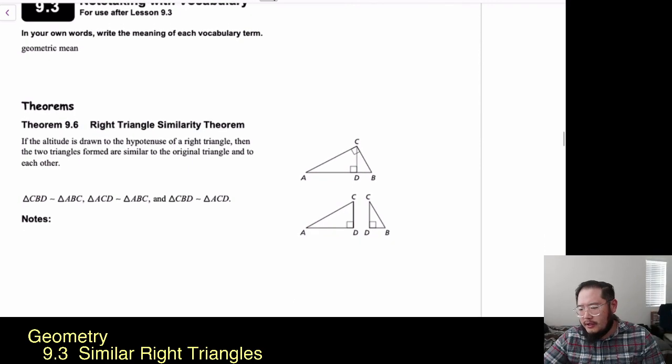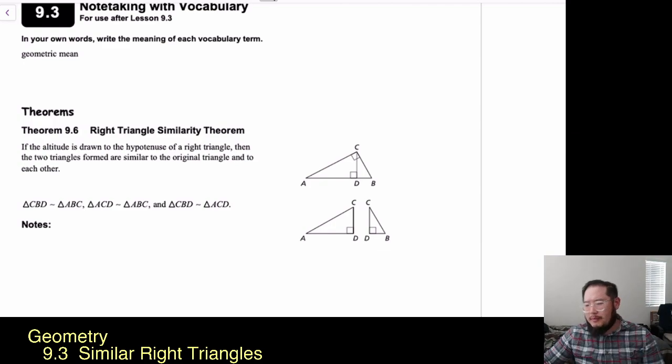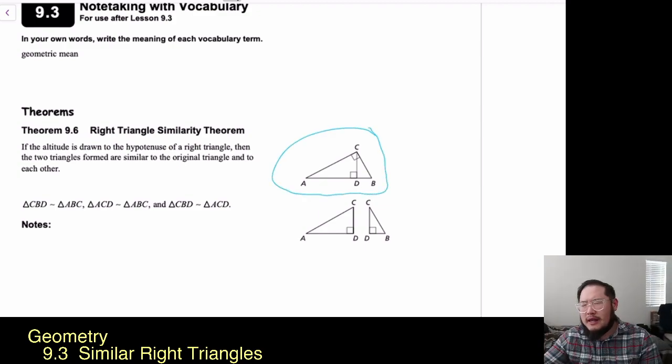It says if an altitude is drawn to the hypotenuse of a right triangle, then two triangles are formed that are similar to the original triangle and to each other. Here's how I look at this. In the diagram right here, I'll go ahead and circle that. There's a big triangle, and there's a triangle to the left and a triangle to the right. And so what I tend to do on these problems is